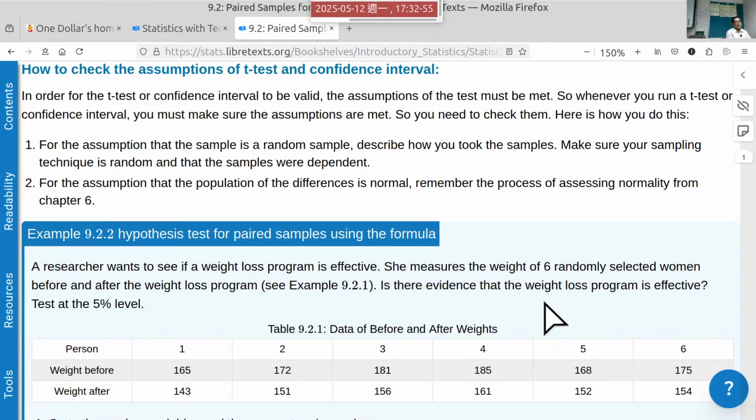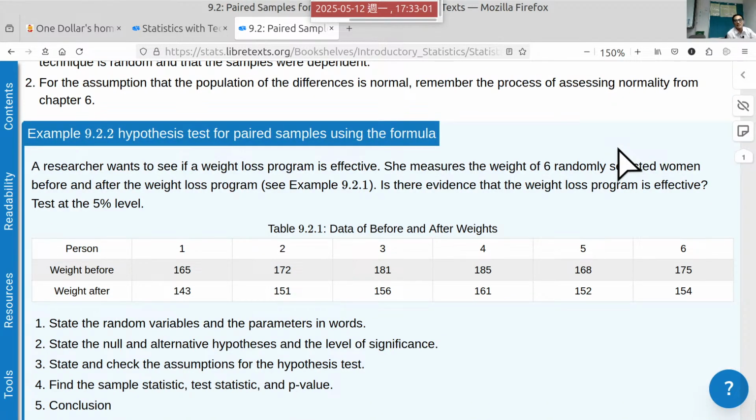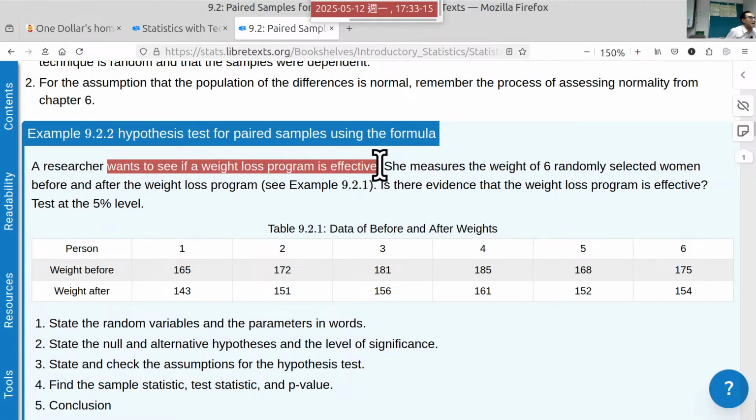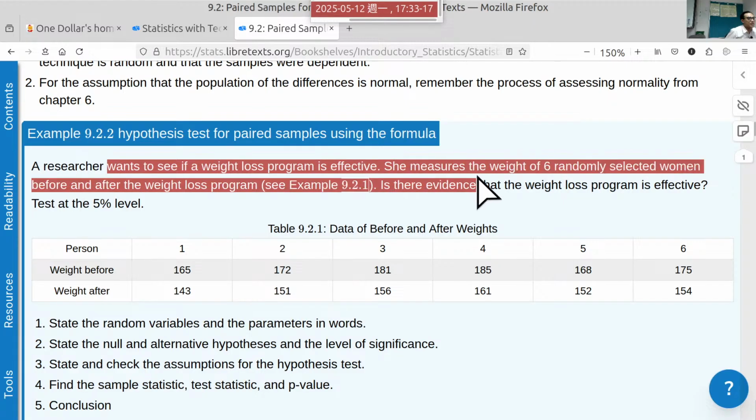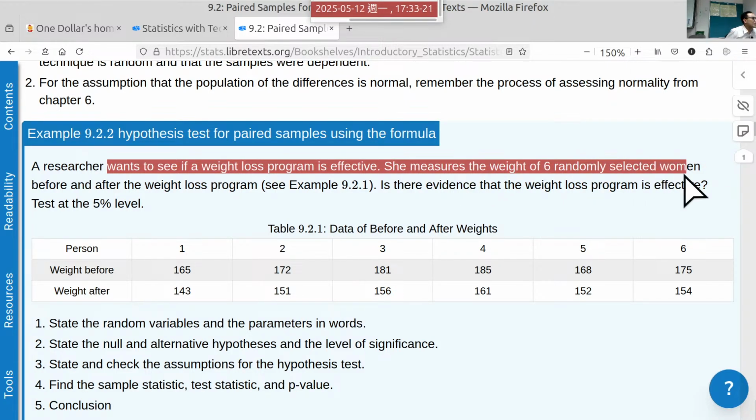Okay. After a long time, we move to example 9.2.2. After we finish this example, you will be clear about how to run this one. Example 9.2.2, hypothesis test for paired samples using the formula. A researcher wants to see if a weight loss program is effective. She measures the weight of 6 randomly selected women